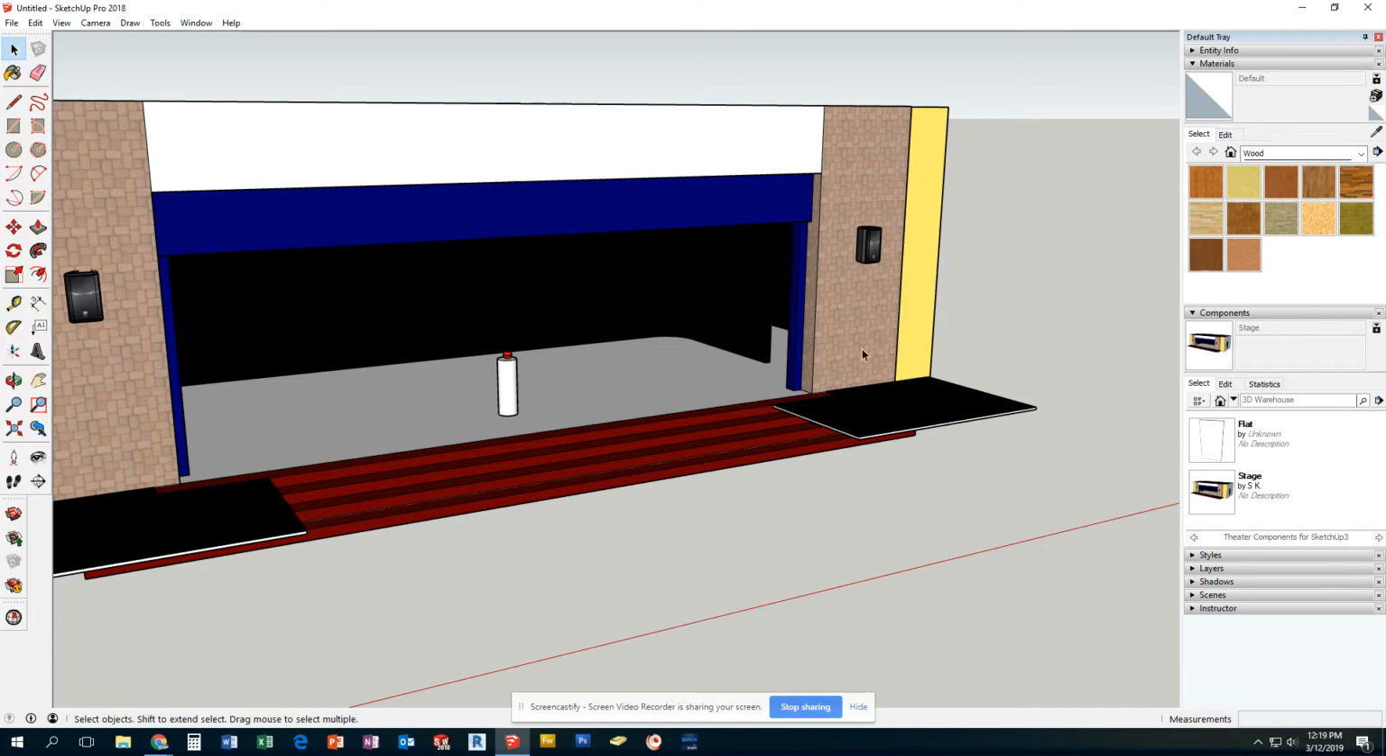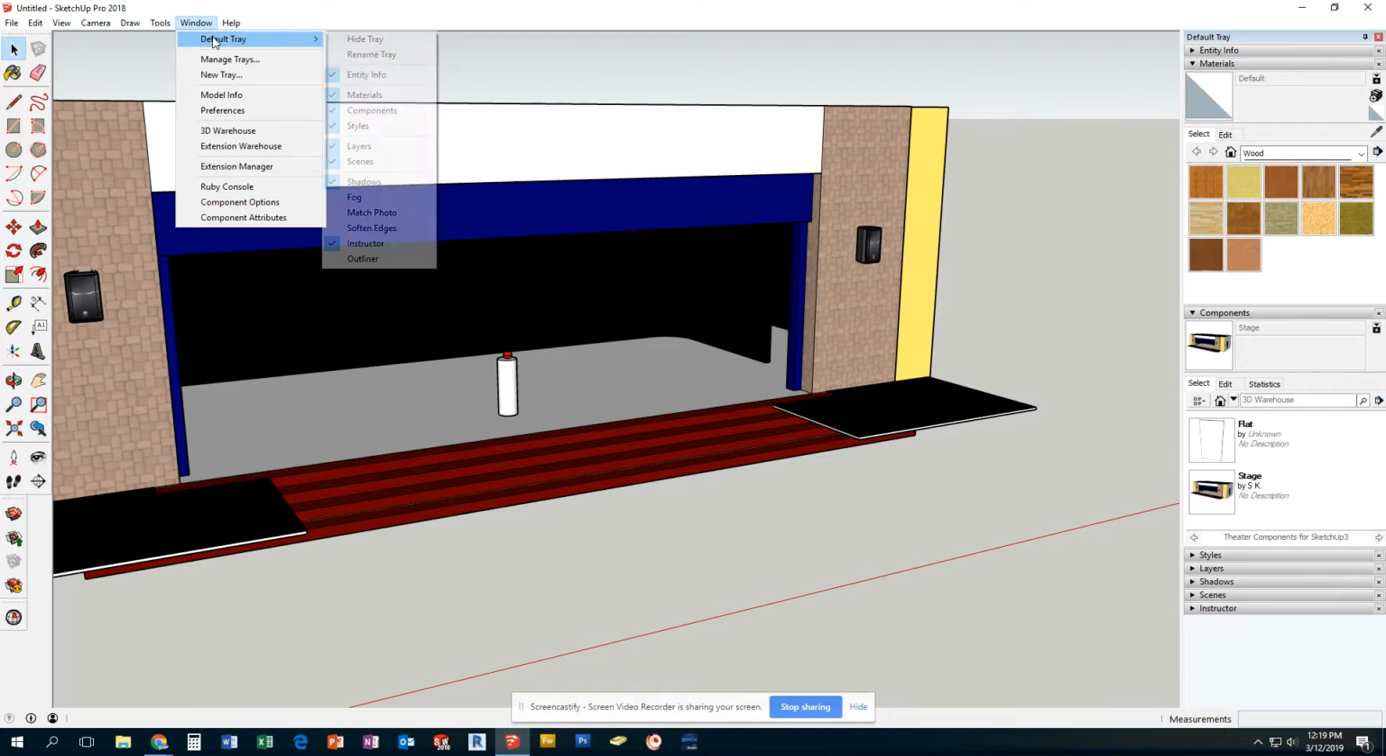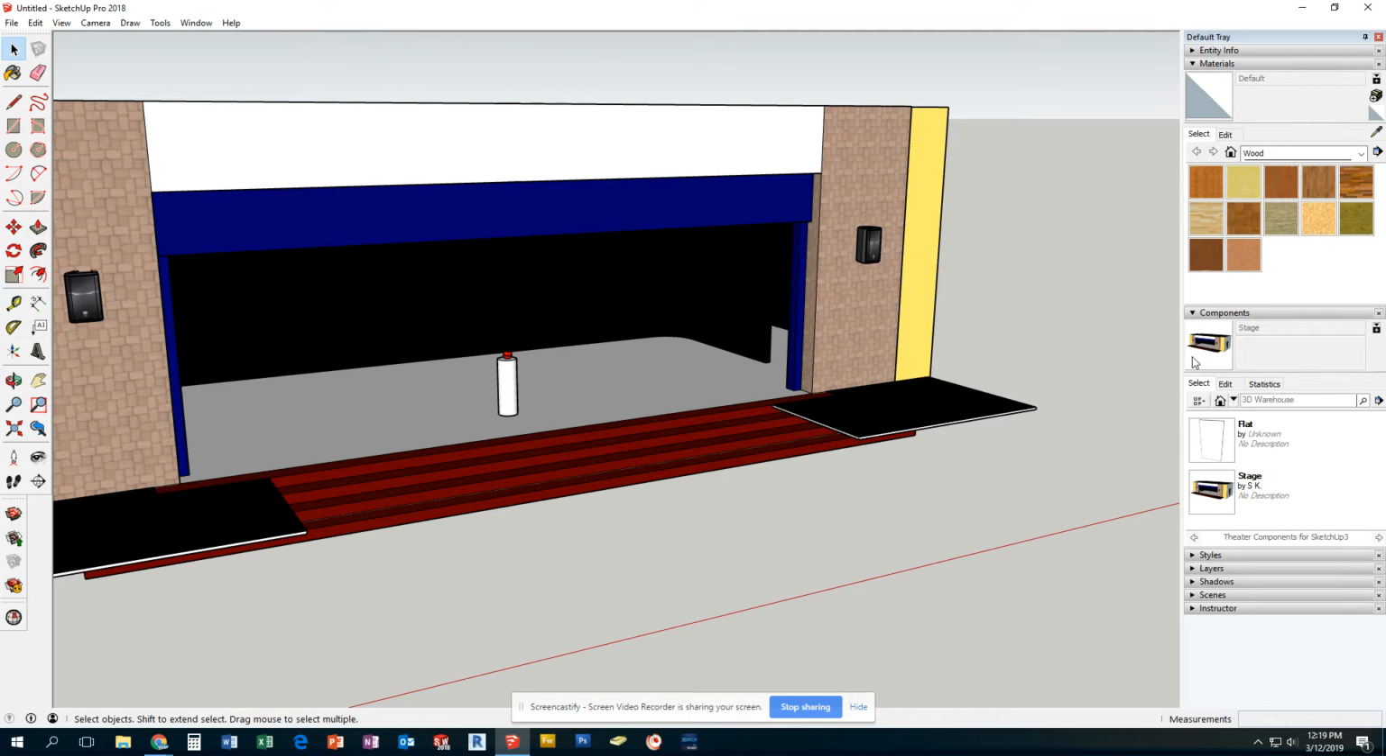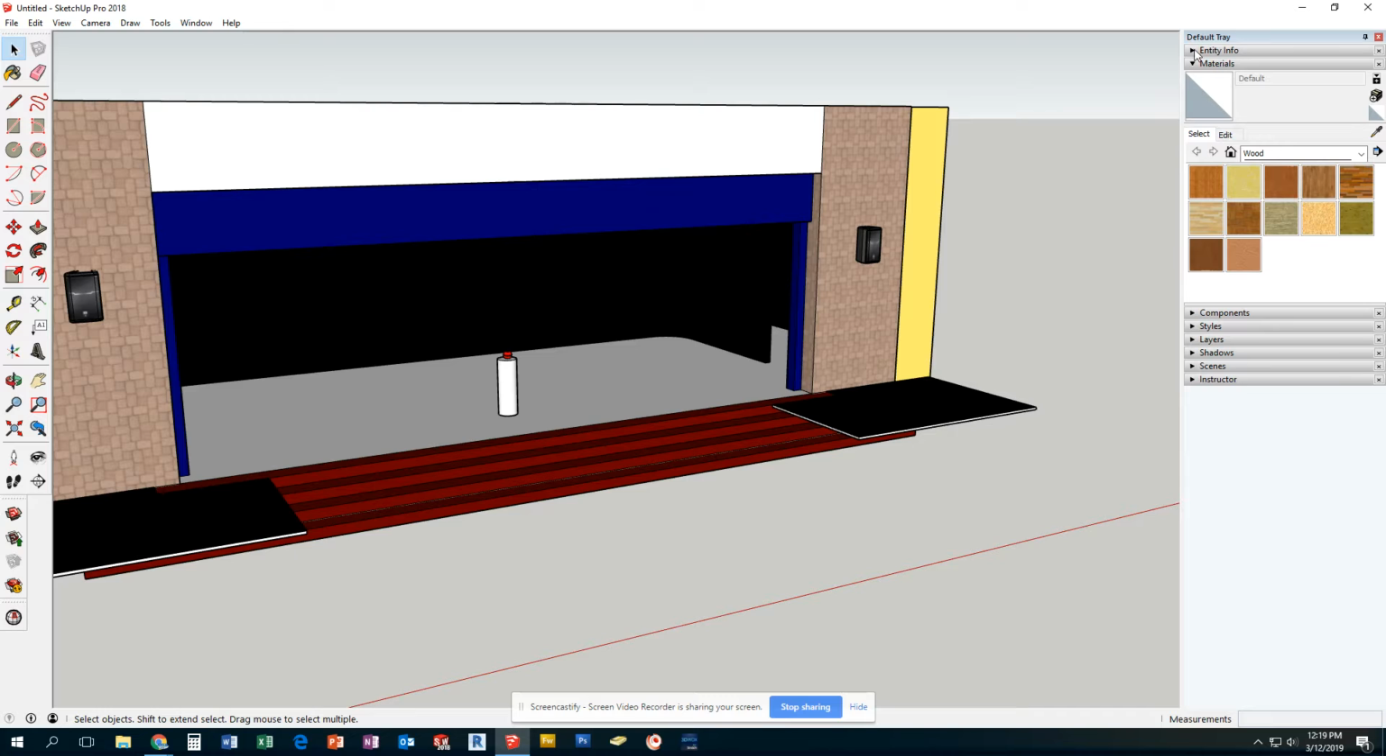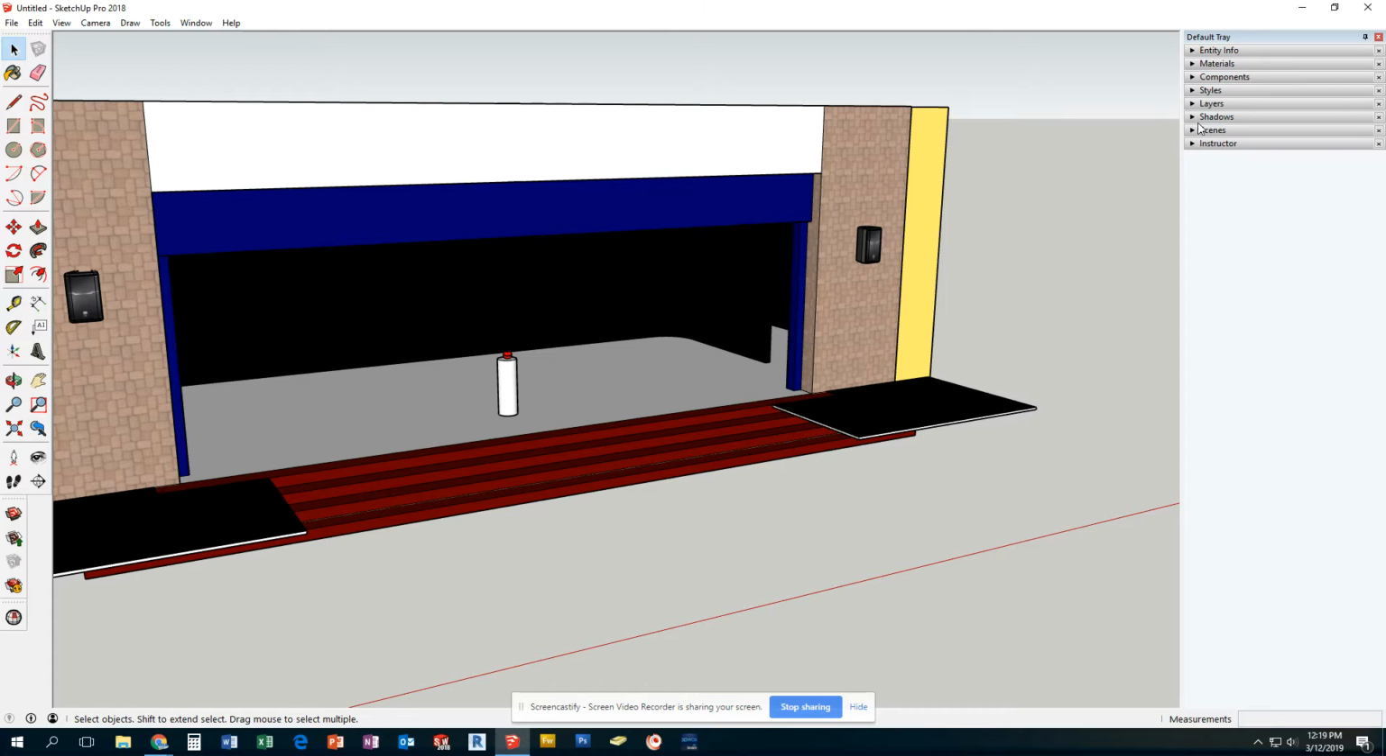To start out creating an animated view of your stage scene, the first thing you should do is, in your window, in your default tray, make sure that the scenes menu is out there. Once that is, I'm going to close up my components and my materials to expose the scenes menu. This will give you a couple of options, but we're going to be mostly using this plus sign right here